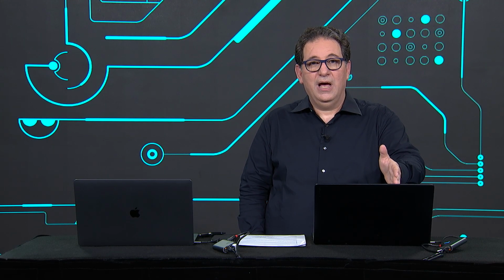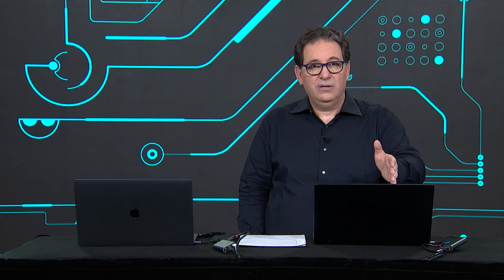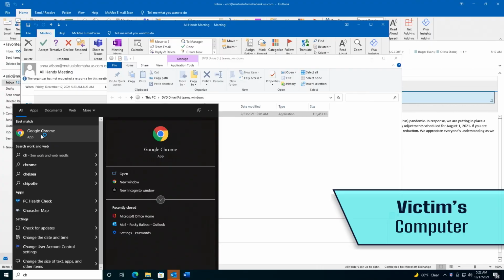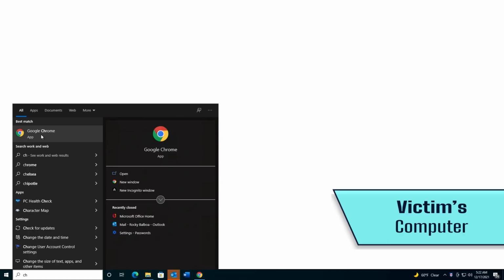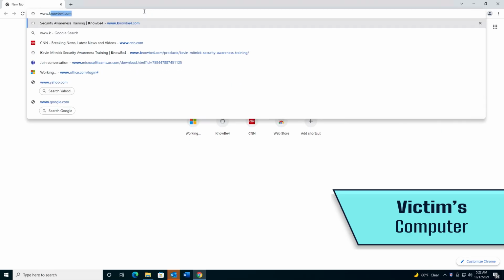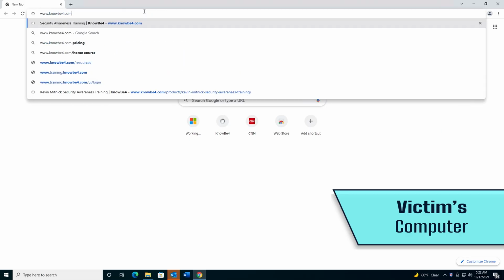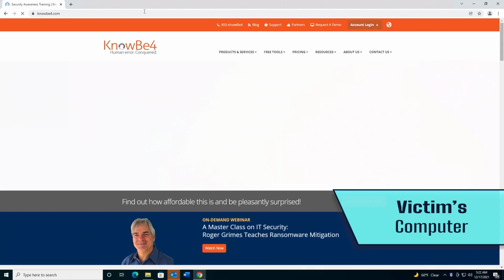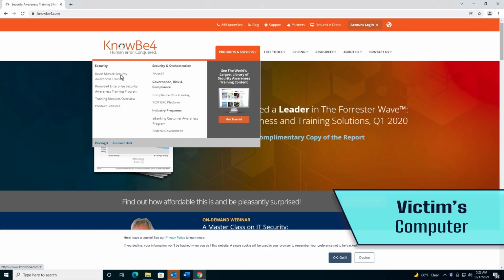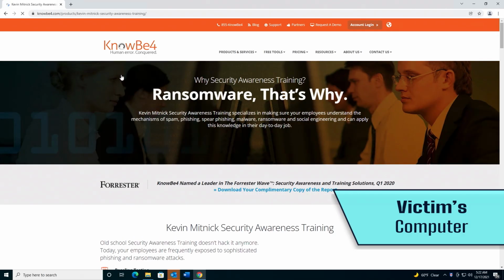Right now, we've weaponized this console to intercept and watch the user. So everything we do now on this computer, for example, if we bring up Chrome, then we'll just go on the internet. We'll go to one of my favorite websites, which is www.knowbefore.com. And here we are, we're on the website. Let's go ahead and take a look at a product here, the Kevin Mitnick Security Awareness Training. You can see we're surfing the internet. That's what the user is doing.